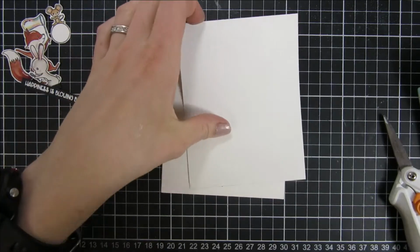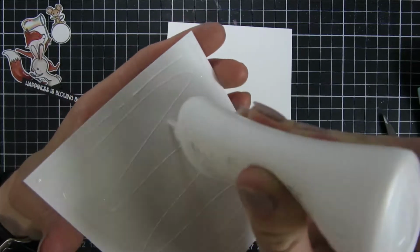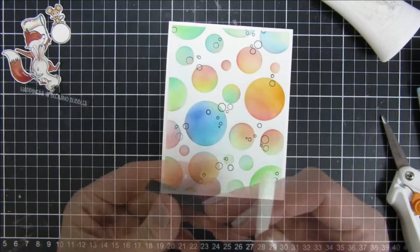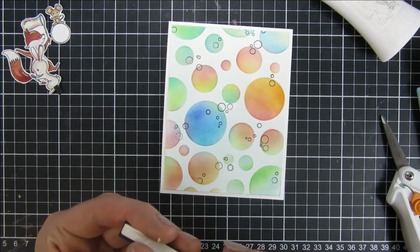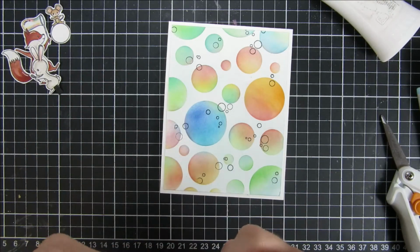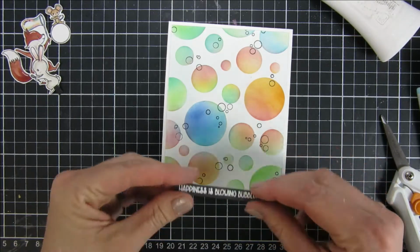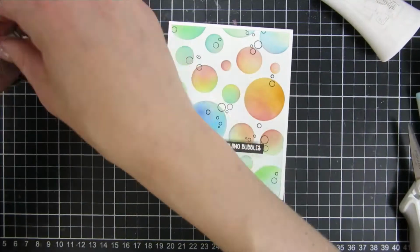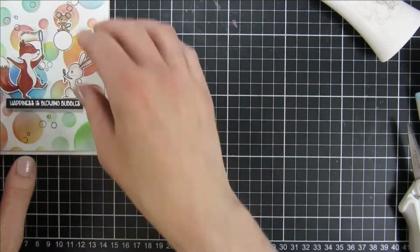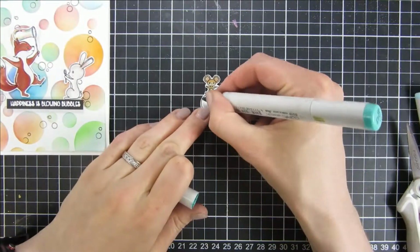and now I will adhere my panel to the back of a standard A2 sized card front here, and I'm just using some liquid adhesive for doing that. And I cut it down to be slightly smaller than the standard A2 size, so I have a white border around my card panel there. And off camera I heat embossed a sentiment that says happiness is blowing bubbles, and that will be grounding my images. You can see they will be standing on top of my sentiment here, and you have that little mouse flying away with one of the